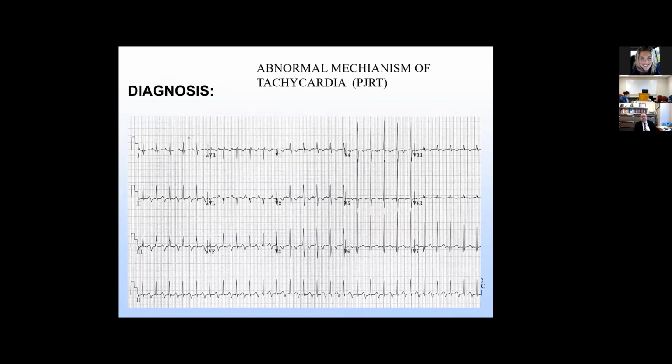But if you look at this, if the P wave is not coming from the right spot, then you have to think of an abnormal mechanism of tachycardia. And it is not important that you know the specific name of it, but when you realize, hey, this is not sinus, you can send it to somebody, your friendly local cardiologist or electrophysiologist, and say, hey, what do you